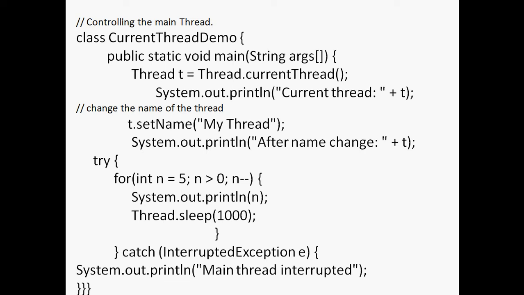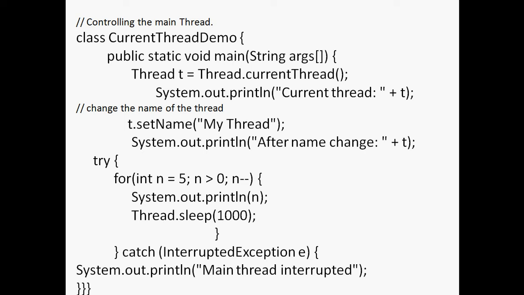Here the t is a thread object. It prints every piece of information about the currently running thread. For running this main method, one thread is responsible. The thread that is responsible to execute main, its name and its information is printed with the help of this object t.